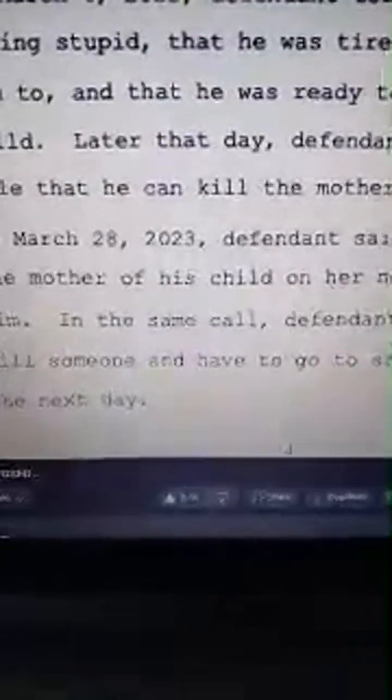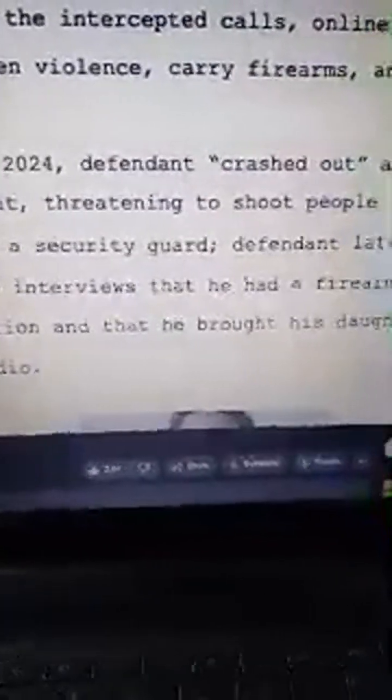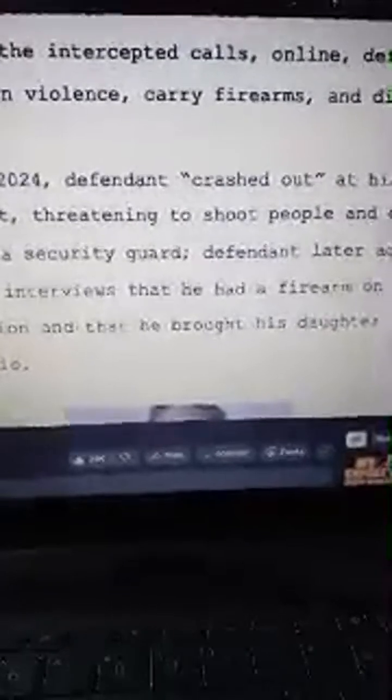In the same call, defendant discussed how it felt to kill someone and had to go to school and play basketball the next day. Bullet point D, defendant continues to threaten violence and carry firearms. In addition to the intercepted calls online, defendant continued to threaten violence, carry firearms, and discuss both. For example, in March 2024, defendant quote-unquote crashed out at his place of employment, threatening to shoot people and eventually fighting a security guard. Defendant later admitted in separate interviews that he had a firearm on him during the altercation